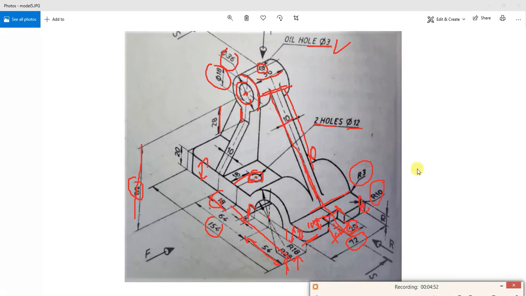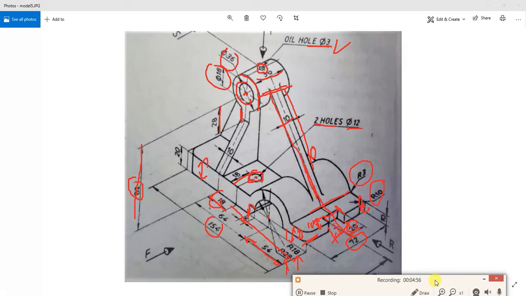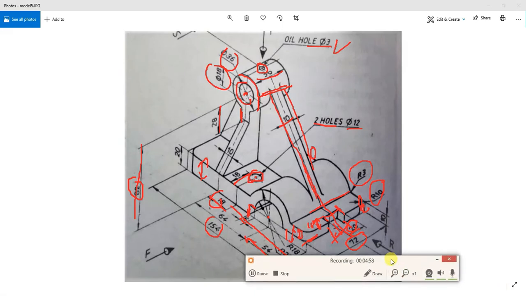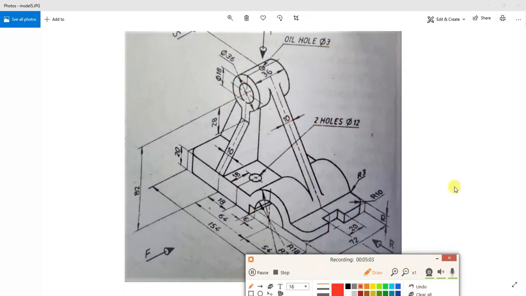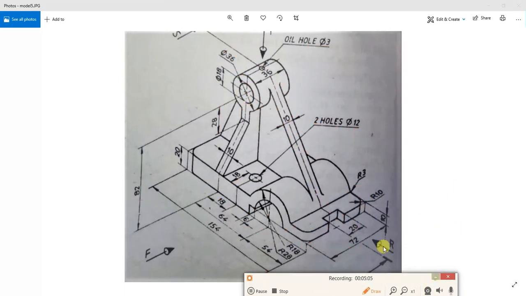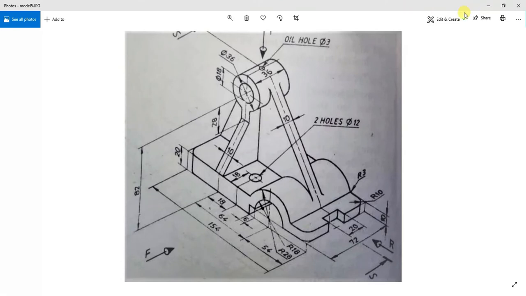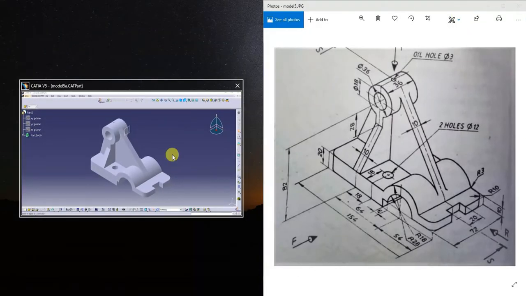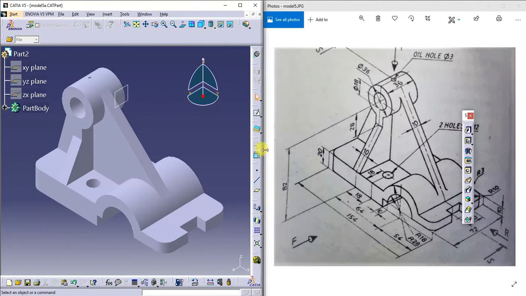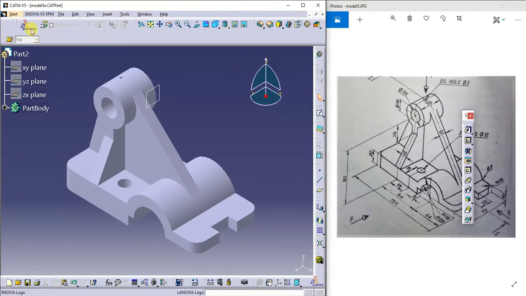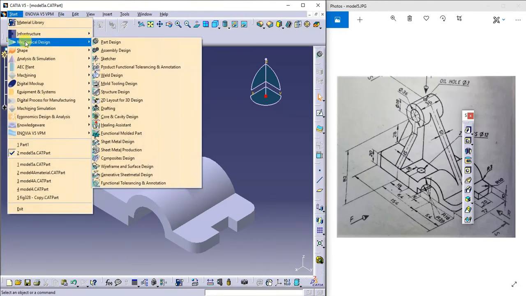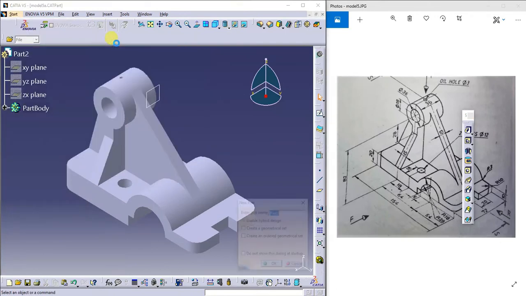So now I'll try to create the base first. I'll go to mechanical design, under mechanical design, part design.